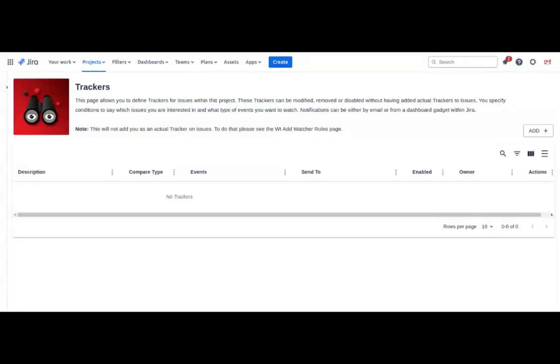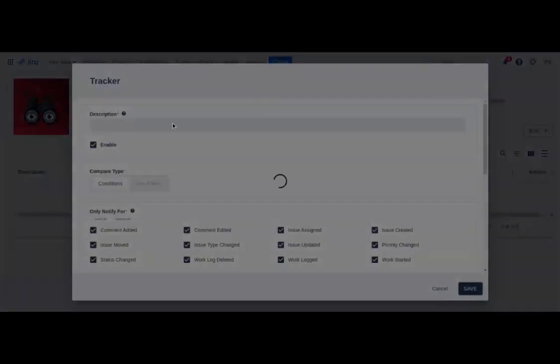Watch It trackers allow you to track changes within a project. So if you want to listen to all issues that have a particular priority or particular component, or both a component and a priority, you can do that through this particular page. So if I create a new tracker,